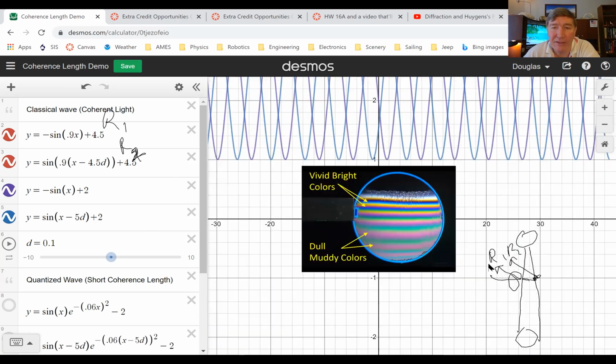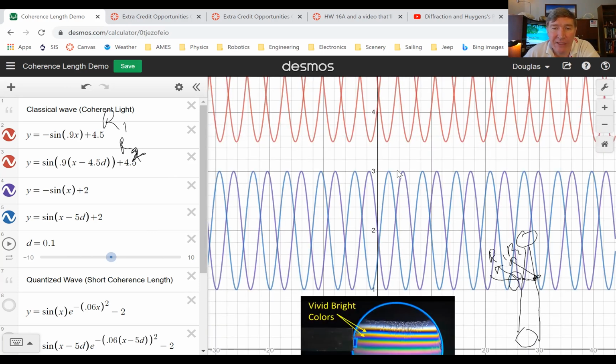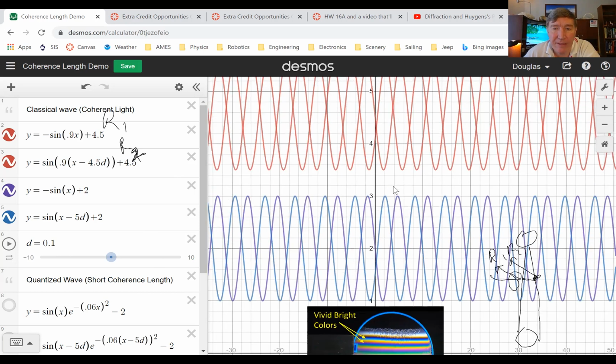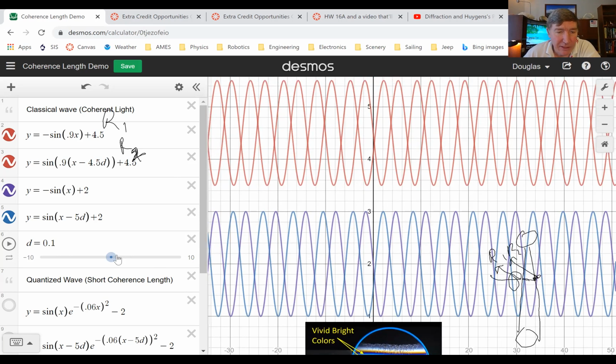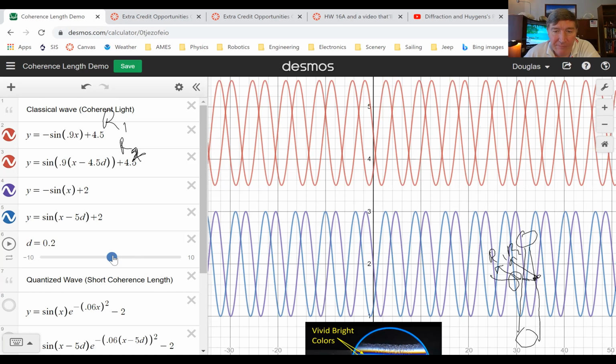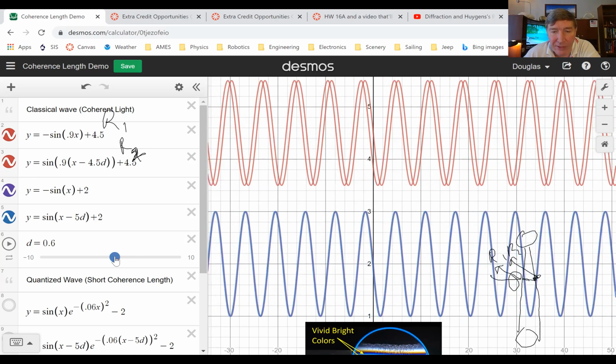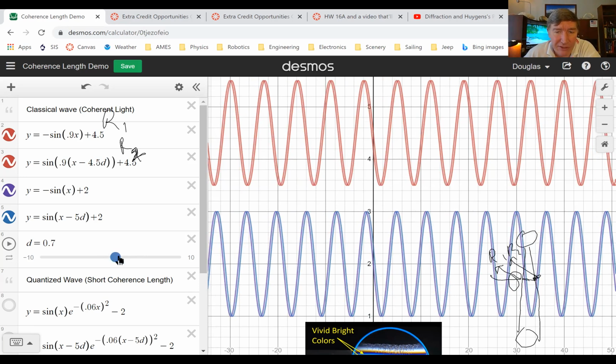All right, let's see if we can understand why that is the case. So here are our waves. And let's increase the thickness a little bit. Okay, so if I bring it to right here, you can see that the blue wave is now fully constructively interfering. The red wave is a little bit off because it has a different wavelength, right? So it's not perfectly constructive, but it's pretty close. And in fact, if I shift it just a tiny bit more, I get to a region here